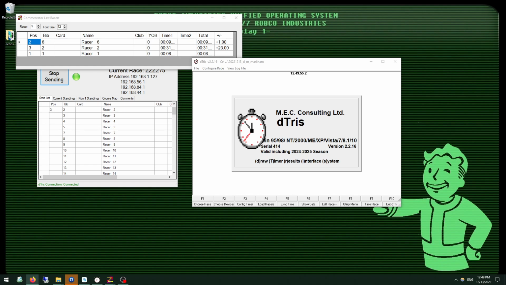So is it necessary to provide an output file after run 1 to the RA? The only time that it is necessary is if the run 2 start list is based on run 1 finish times. That's the only time. Not necessarily, you don't need to, but it's up to the RA how they want to do it. So if they feel more comfortable that they get both of them, then